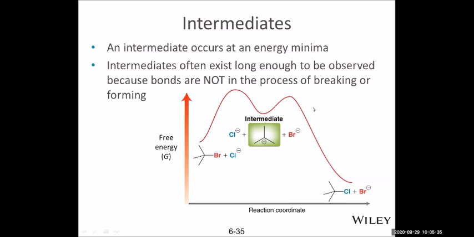A reaction intermediate in a chemical reaction, oftentimes we can observe using instruments, sometimes by the color, because some intermediates, such as carbocations or anions, might have a special color or absorption at certain wavelengths. We can observe them. And that's the difference between the intermediates and the transition state. The transition state we sometimes discuss, but it's not something that really forms in the middle of the reaction. It is a stage that is being gone through.